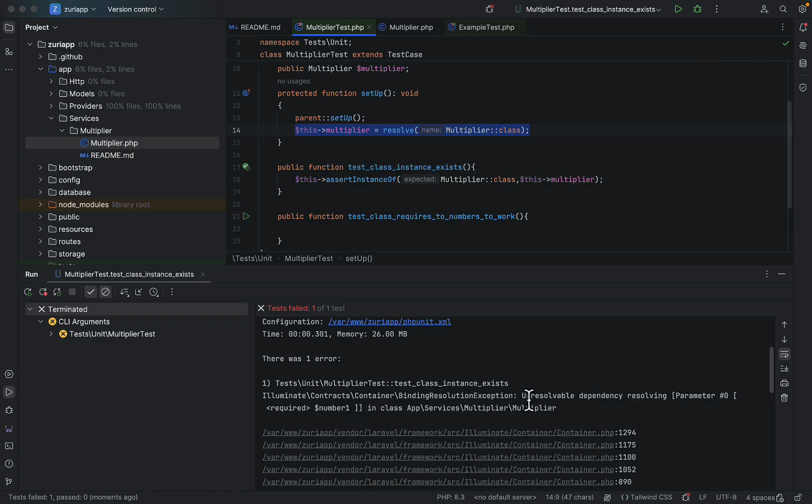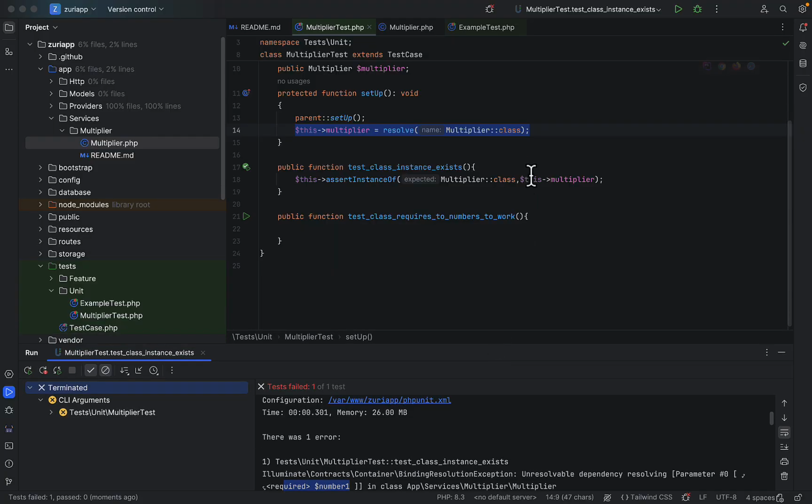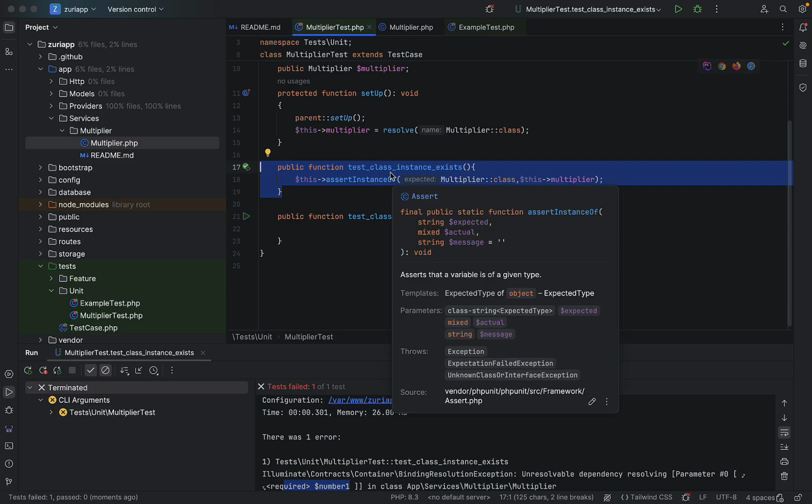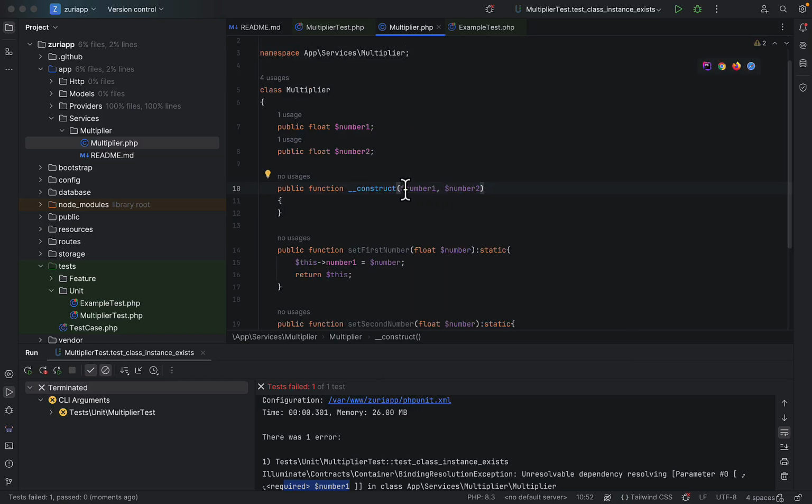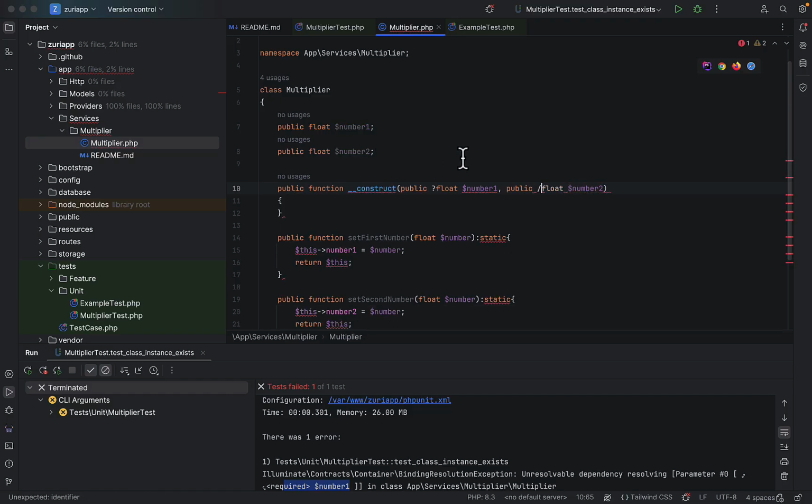It says expected. Where is it? If I can find, yeah, there we go. Dependency resolving. It expects two parameters, parameter 0 and parameter 1, to be numbers, but we don't have that number yet. So what we can do to initially solve this problem of being able to at least assert the instance of this class is to allow this to accept null. So let's say this accepts float public, okay, public. So this would accept,